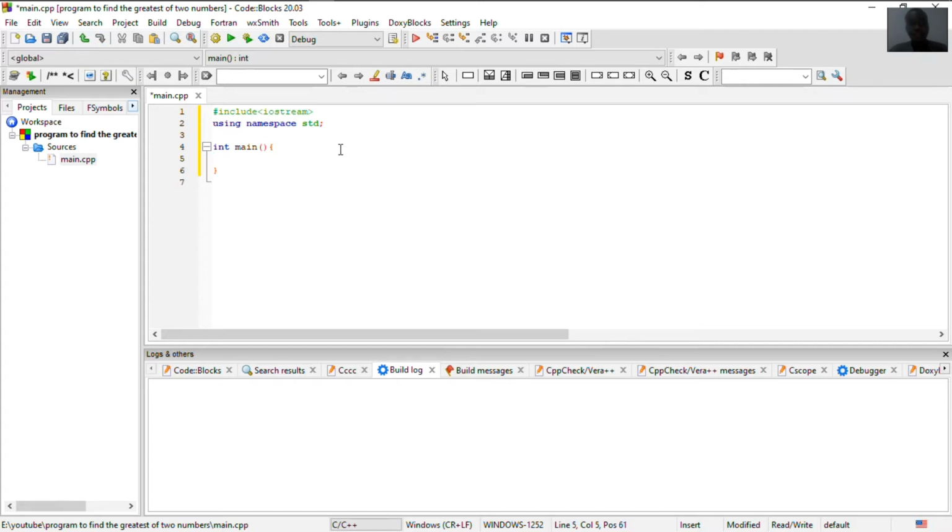Okay, now because we want our program to be dynamic and be able to find the greatest of any two numbers, we'll be printing to the console for the user to enter the two values. So first we're going to create variables to store the values that the user is going to input. We are going to use the float data type. So float